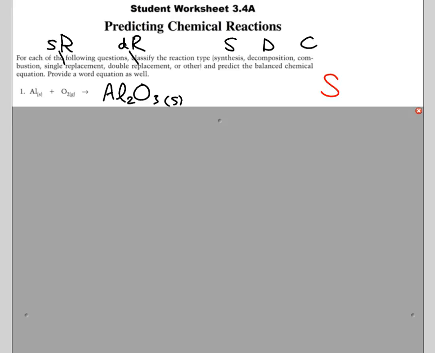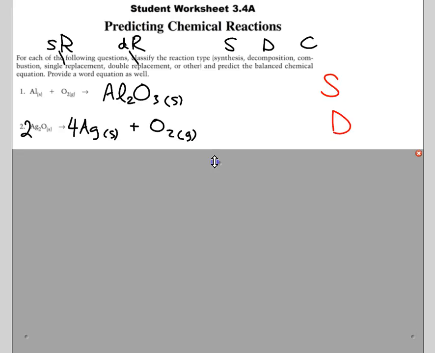So the first reaction is a synthesis reaction, two elements combining. Now you have to remember that these are metal and non-metal, so we're going to form an ionic compound. The crossover rule can be used to determine the chemical formula for aluminum oxide. When aluminum and oxygen react, I'm not going to provide the word equation here, but I'll just verbally share it with you. So balance reaction here for this decomposition reaction for 2 units of silver oxide producing 4 atoms of silver in the solid form, and then diatomic